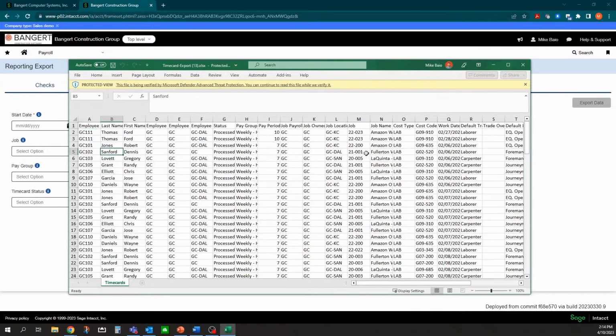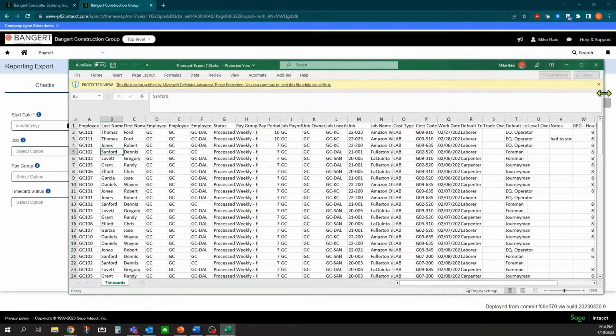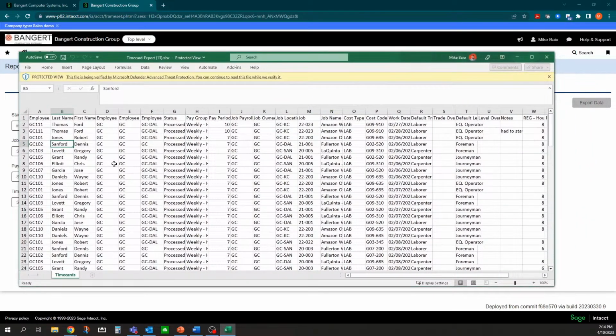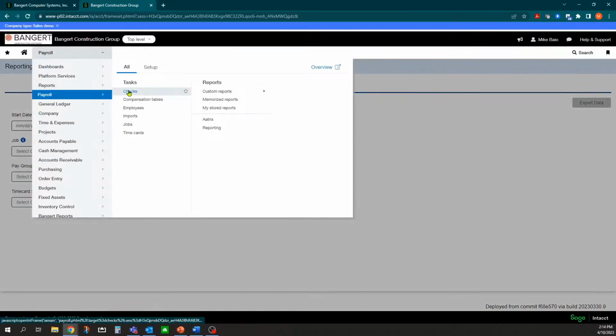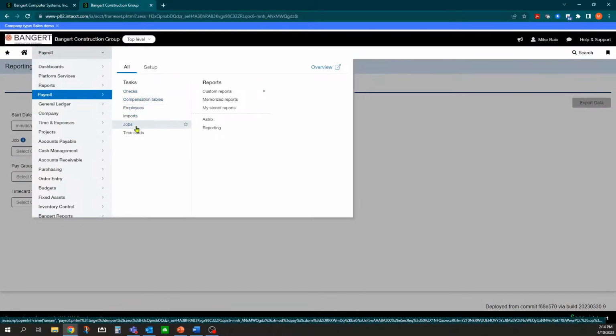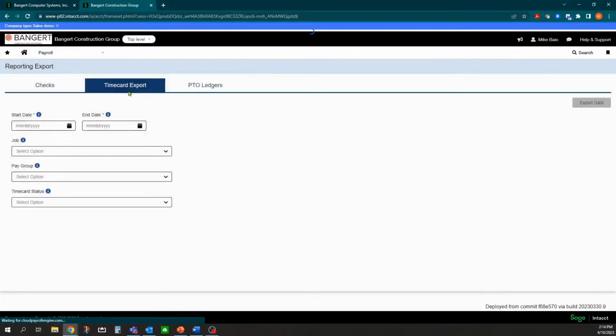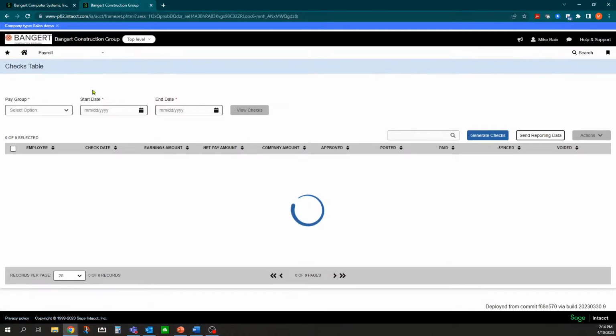And this is time entry, so I can have a specific spreadsheet exported out for timesheet information. And that's one of the first functions. You can also get information out directly from within the entry screens in the system. So for example, if I go into the time card entry screen or the check screen, I can go in and see information on the screen live and targeted based on what area I'm looking for.